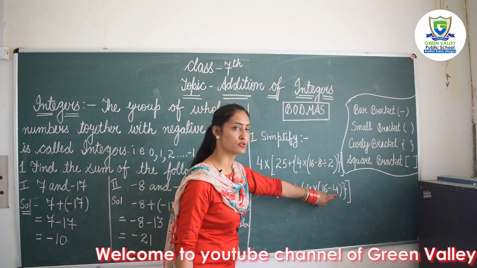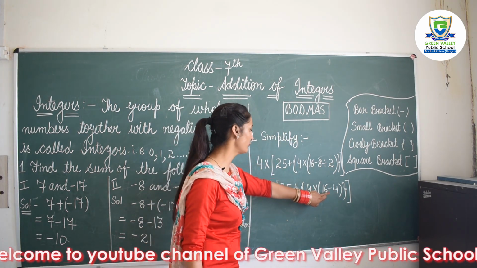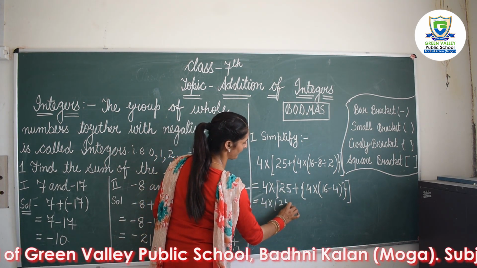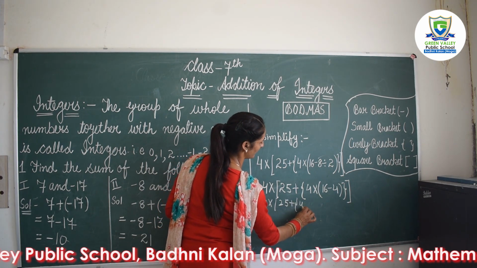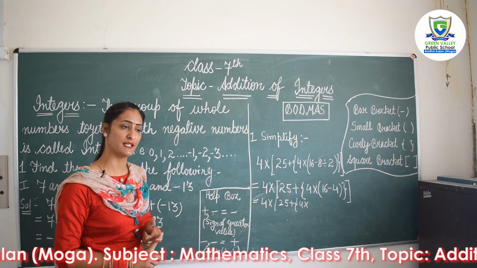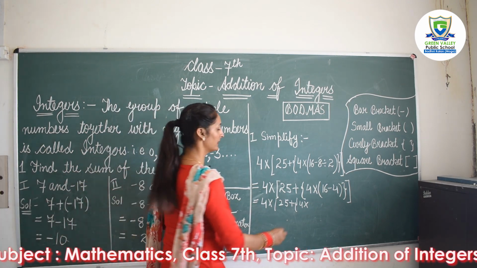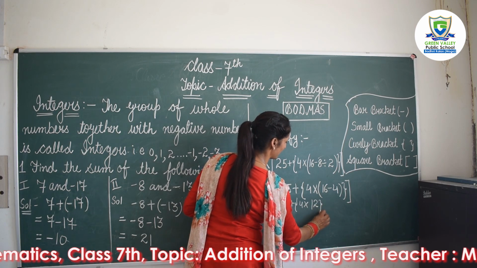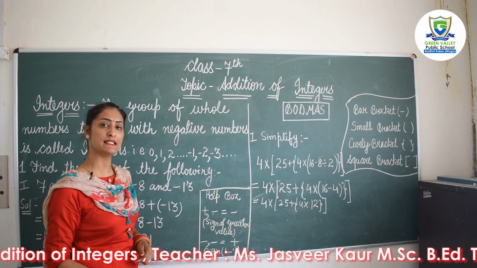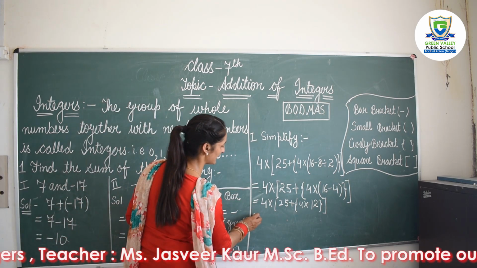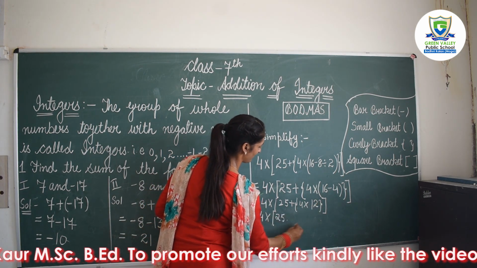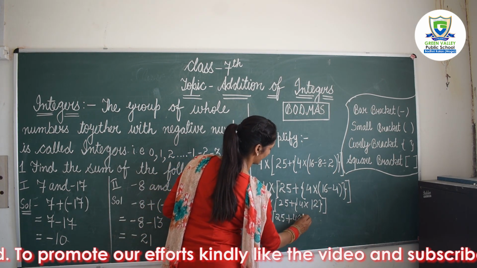Now the next is also in small bracket, so we have to solve it. So it becomes 4 multiply 25 plus 4 multiply. Now do subtraction. If you subtract 4 from 16, means 16 minus 4, that is 12. So write down 12 in place of this. Now we have this curly bracket to solve, and the sign is multiply. So do multiplication of these two numbers, 4 multiply 25, and you will get 48 here.